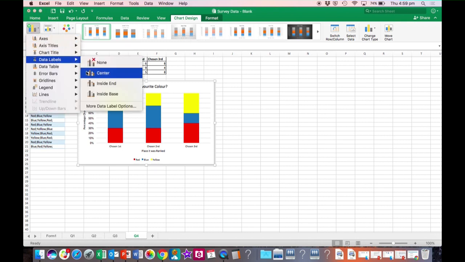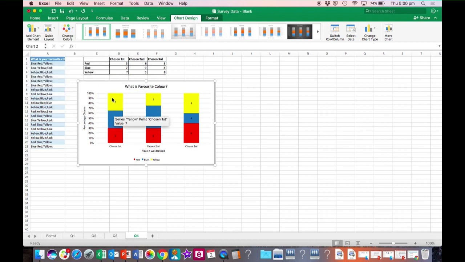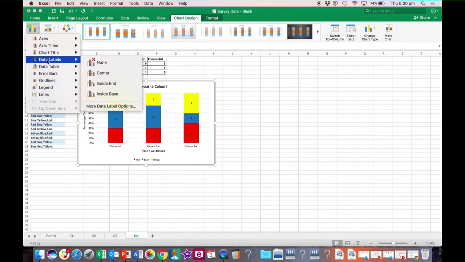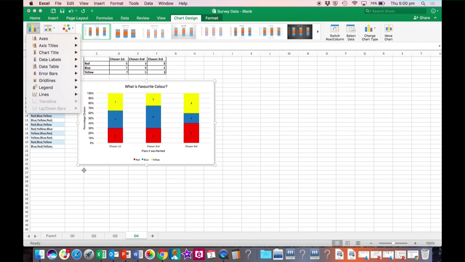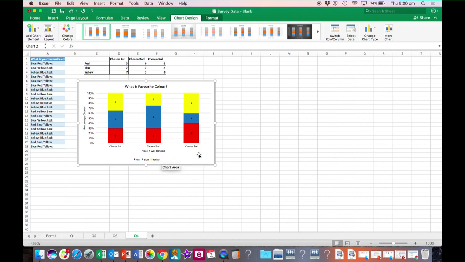Data labels, maybe I do want them on the center and the inside. Okay, that would give me how many exactly that represents, because sometimes when we're looking at percentage and we're not sure about the total, then that's really hard for us to decipher how many each represents. Yep, and I think that's what we're going to go with right now because we've got a key and that